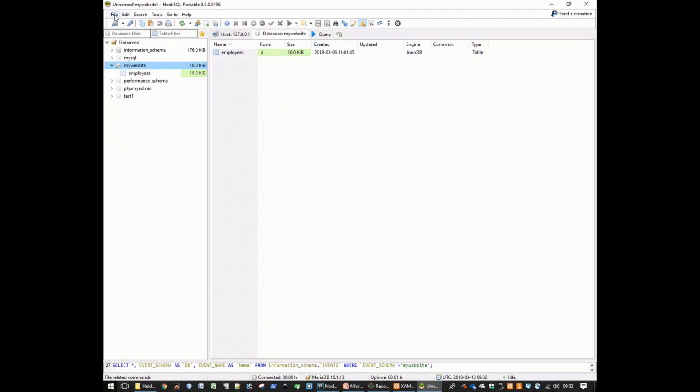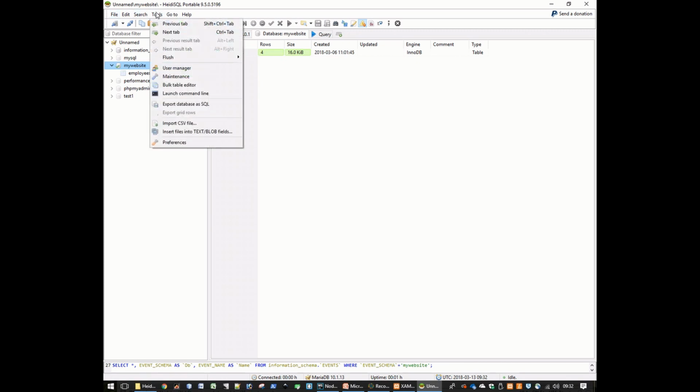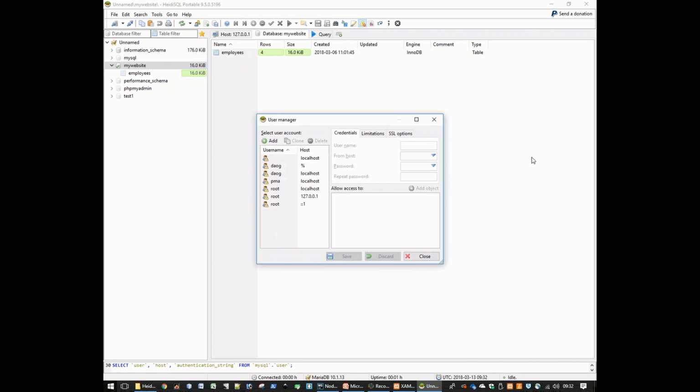Now we can go into the user management section, and I'll show you how to create a user if you haven't done so already. We go to Tools, I think it is, User Manager, that's it. Here we have the user manager, and we can see my root here. I think it's already secured with a password, so that's why I couldn't connect with no password. If we want to create a new user, we click on Add here, and we give it a username, Bob1,